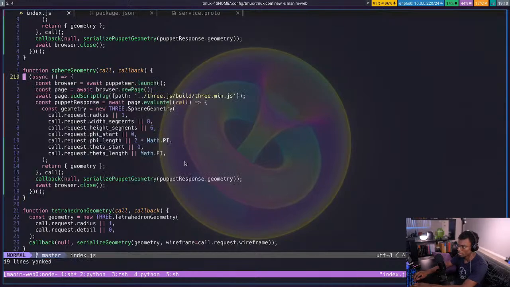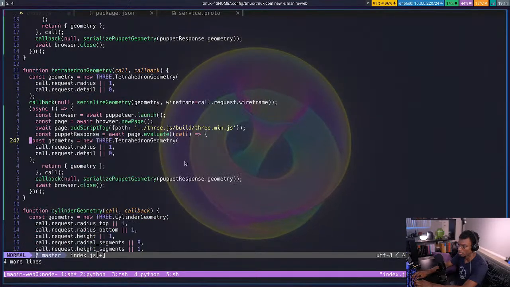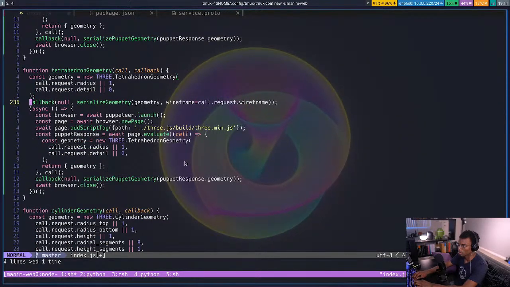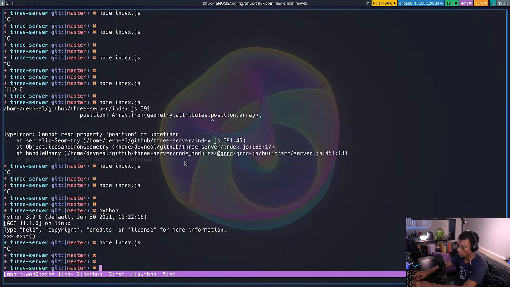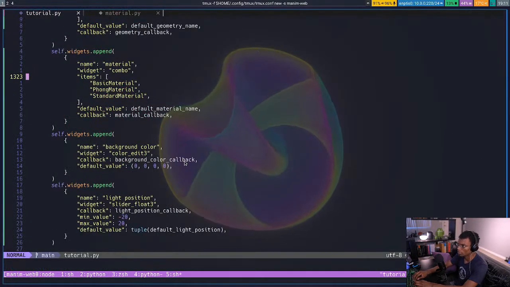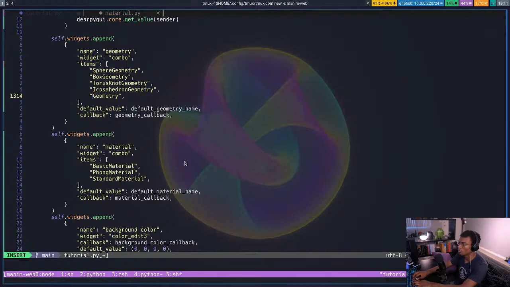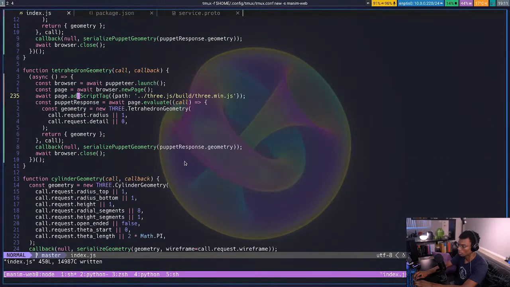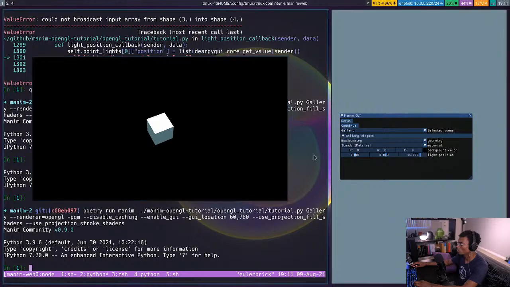I'll just move over to tetrahedron 2, because why not? Then if I make this a tetrahedron,